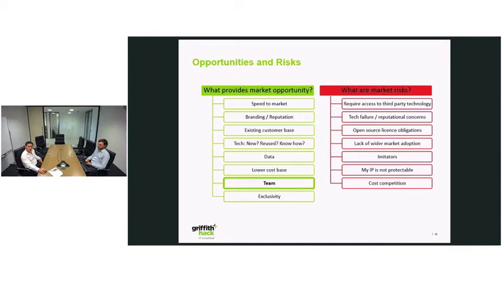But one last one that we've put up here is one that probably doesn't get talked about too much. No, maybe not enough, but certainly one that comes up a lot in fast-moving, innovative sectors and technology areas is the relevance of the team. Again, when you look at it and say, what is it that's bringing this market opportunity? Actually, is it the people that you've got? And what is it about the people that are really bringing this opportunity?